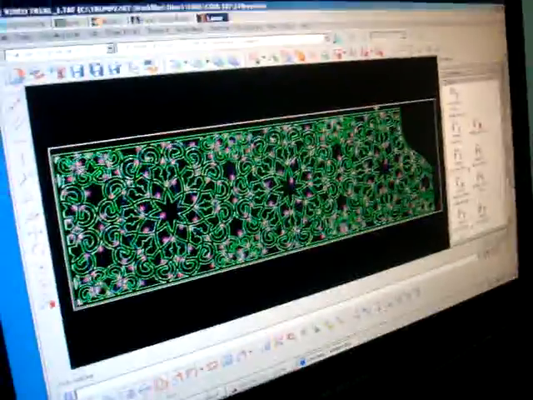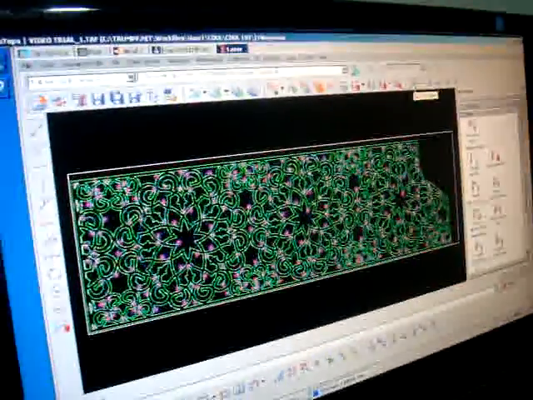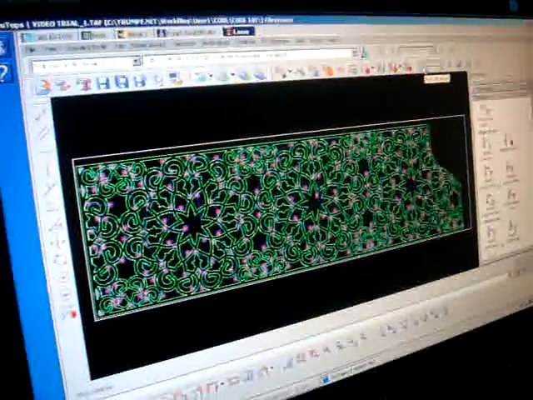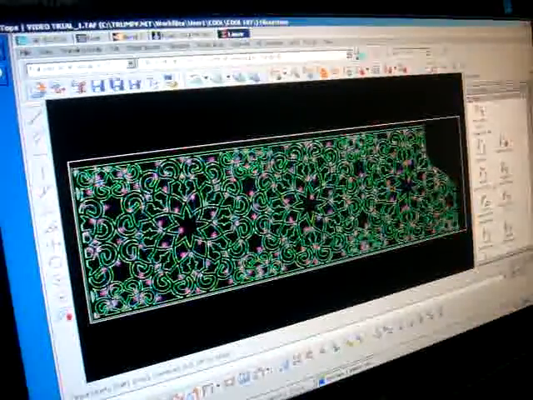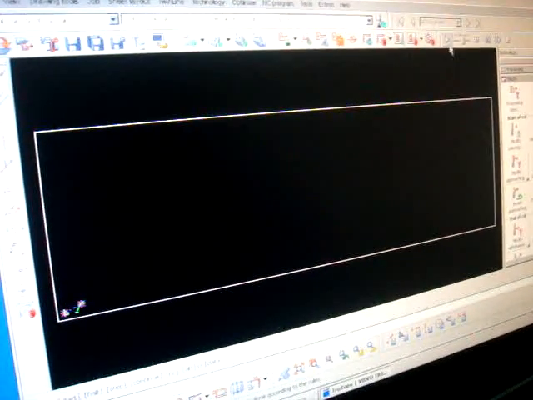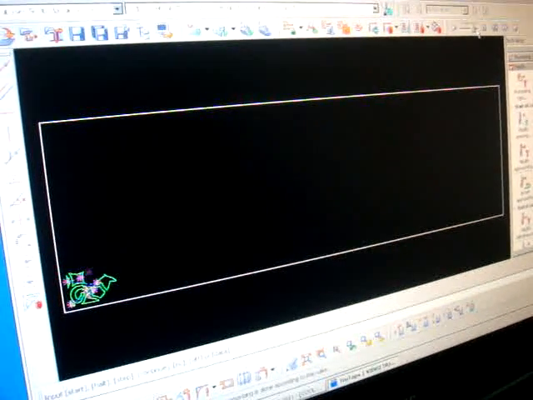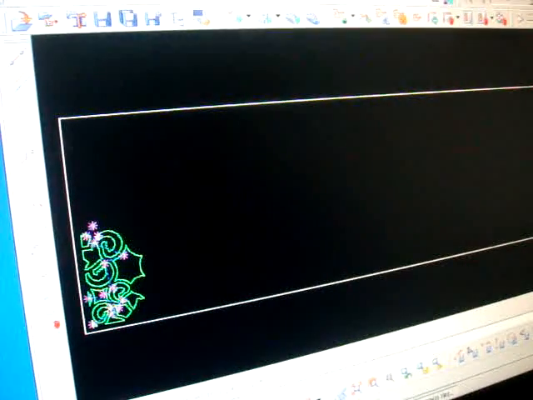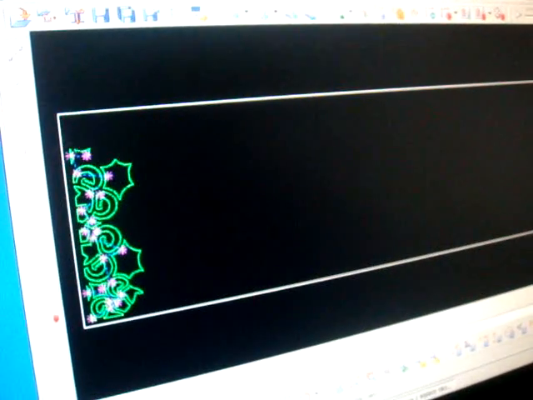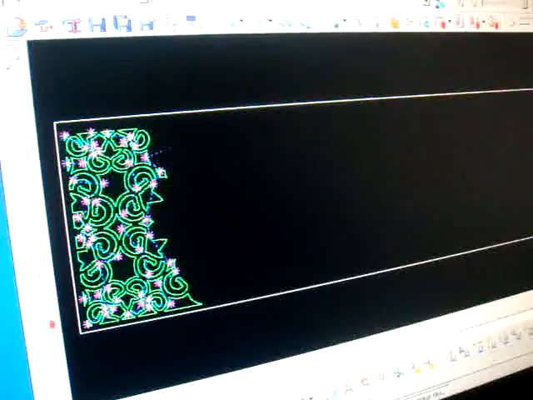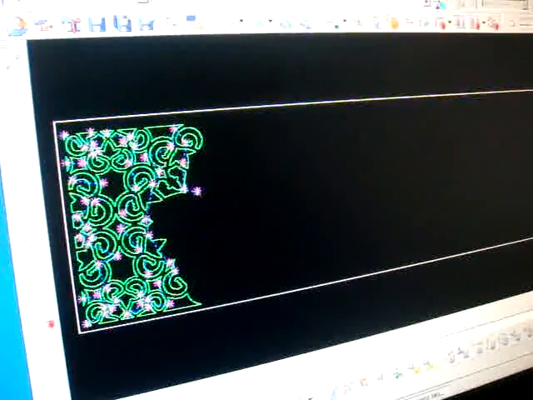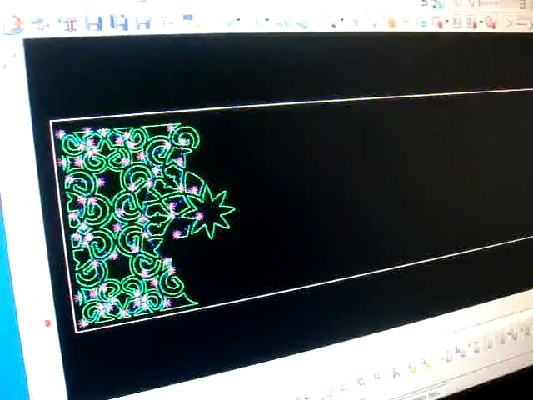Okay, so we're going to check if all the processing has been made. So we're going to run a simulation of the laser processing. I'm going to reduce the speed to half, then click play. As you can see, that is the cutting sequence of the laser. It's being shown simultaneously in the simulation. So it seems that we don't have any problems in the cutting